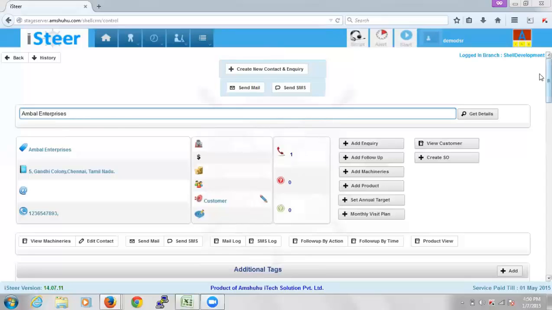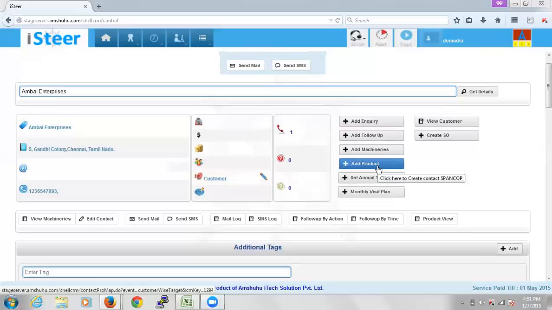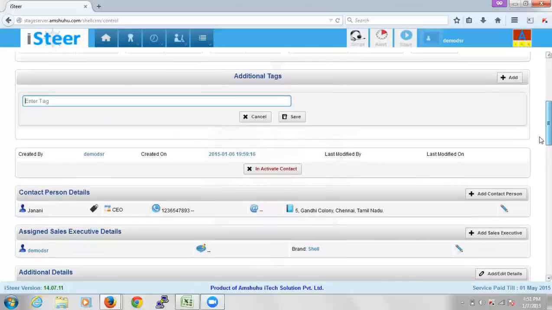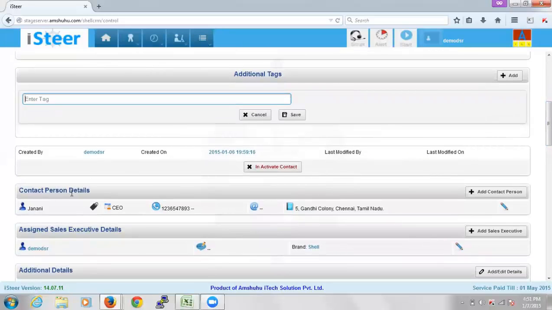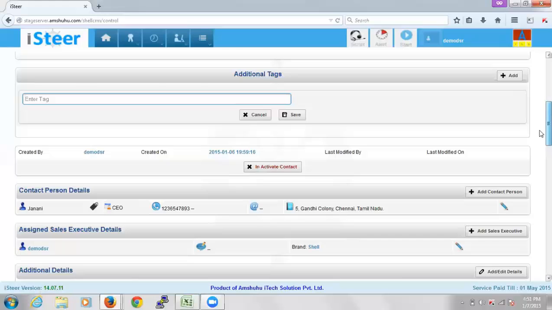Yeah, we'll just proceed now, sir. We are getting a response. Yeah. I'm just proceeding with what we were discussing before. Okay. Here you see the contact person details, right? Here, in case there might be scenarios where you have multiple contacts for the same topic, in that scenario, you can add multiple contacts here. Say one from the purchase department, one from the marketing department, and so on. You can add.